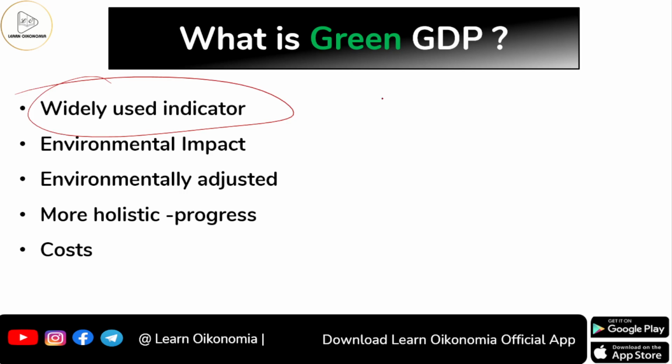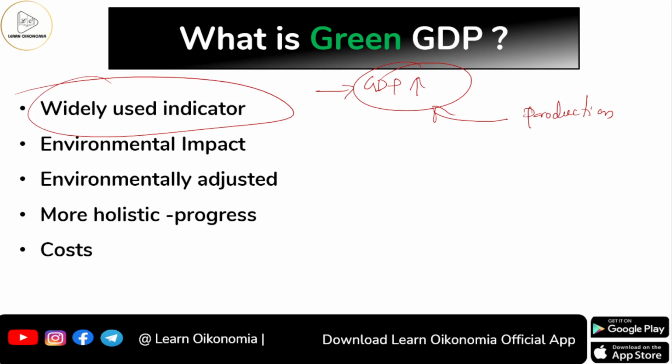So whenever we go for an increase in GDP to enhance our economic performance, to enhance our economic health and all, we go for production, isn't it? So GDP can be increased with production. When we talk about production, production will be happening in the agriculture sector, in the industrial sector, and in the service sector as well. All these sectors will be functioning well so as to enhance our GDP.